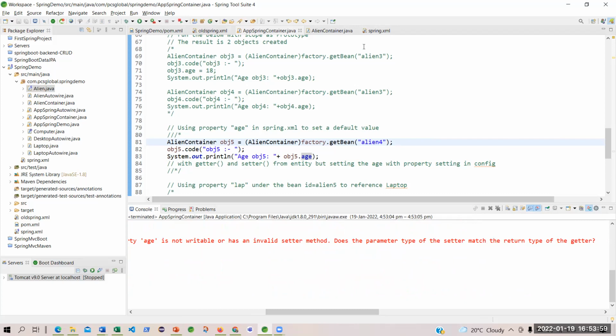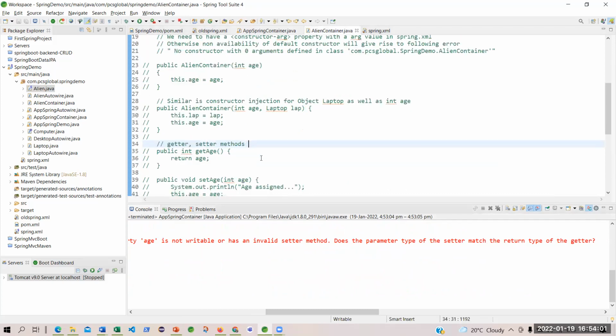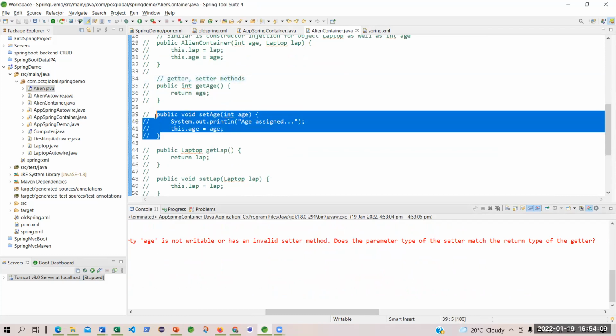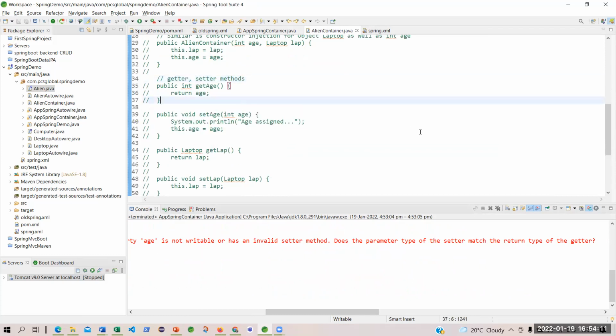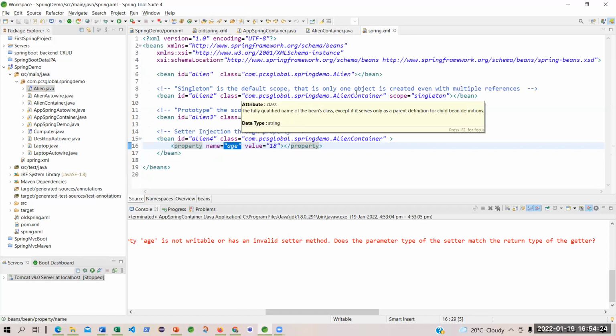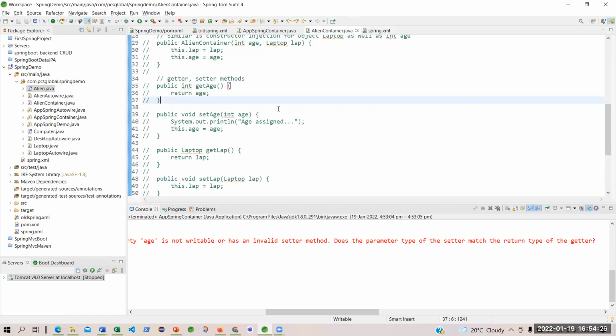So you have just opened one, there is nothing. There is the setter of age and the getter of age, both are commented out. That is the problem. It is clearly giving you this. Yes, you have tried to assign the value of 18 to age. Fine, I can accept that. And that age is a defined or declared property under the entity bean.